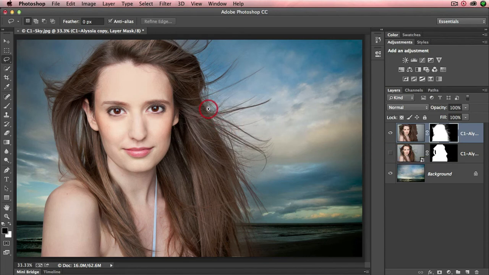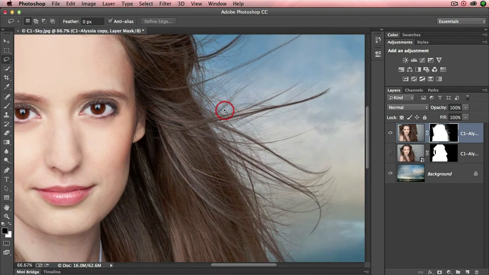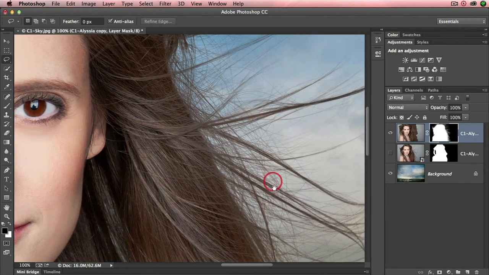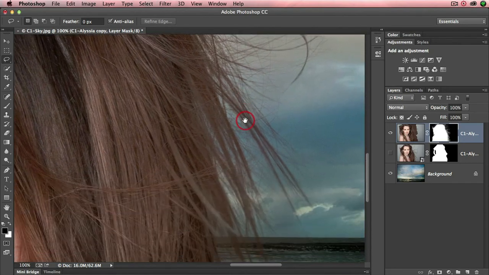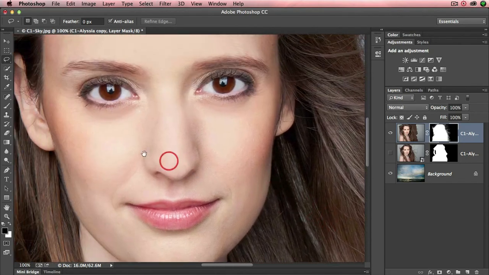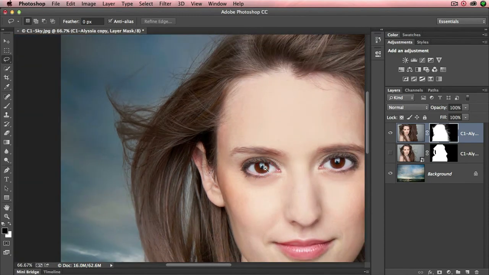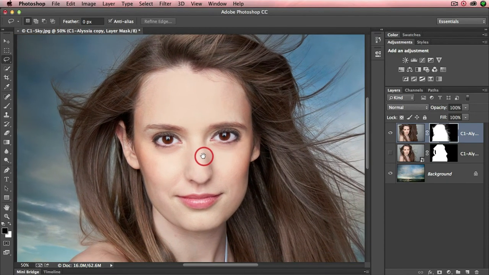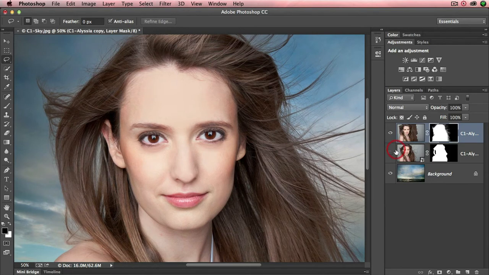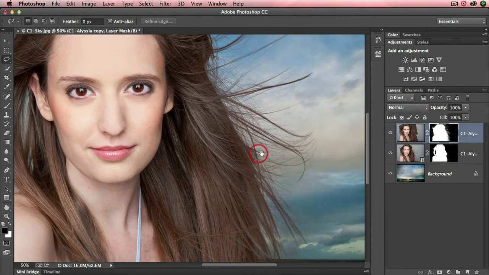We can see quite a lot of fine detail. If we zoom in to 100%, you can see a lot of the fine detail. If you're being really fussy, this can actually be better, and I'm going to show you how we can improve detail even further. I'm just going to zoom out to 50% here. We're going to switch on the visibility of this original layer that was switched off. Okay. And if I just click on and off there, you will see a little bit of detail come back